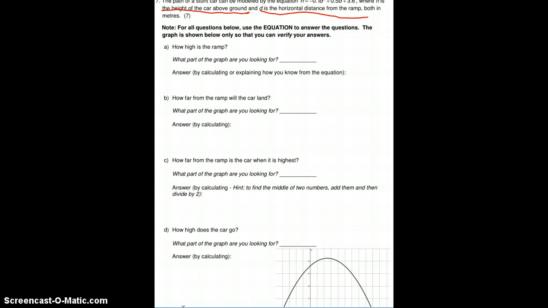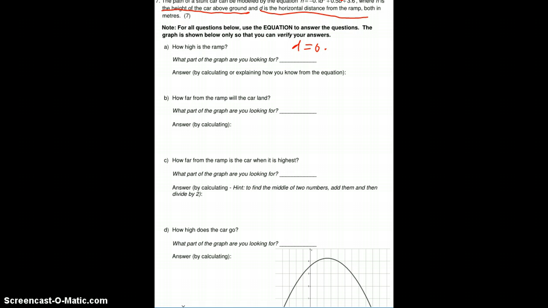All right, well, where does the car take off? You might think the horizontal distance from the ramp, where the car is taking off, should be 0, right? So d is 0. So you could do two things. You could either plug 0 in here and calculate what the height should be, or you can look at,